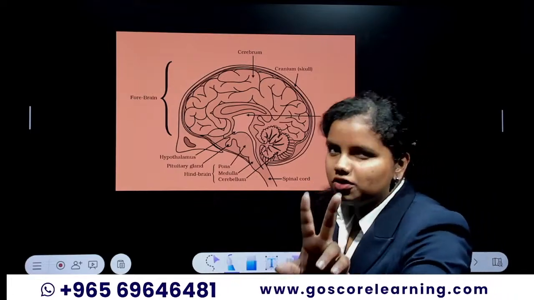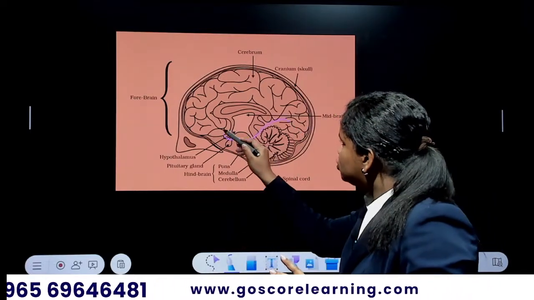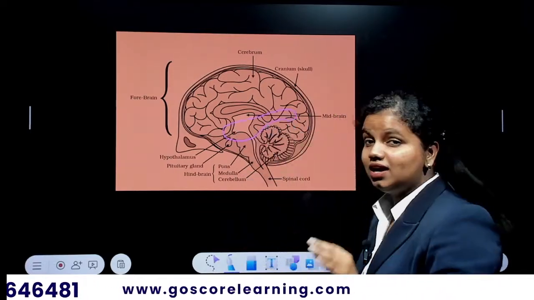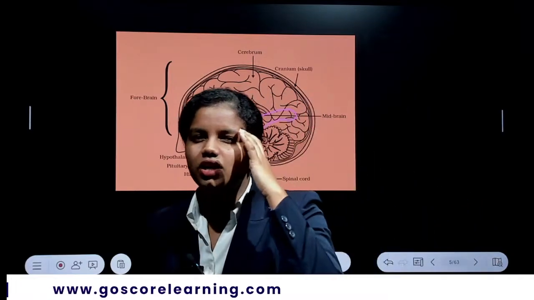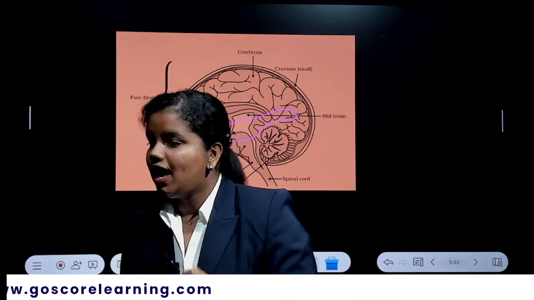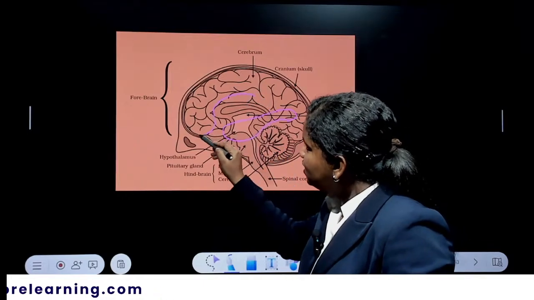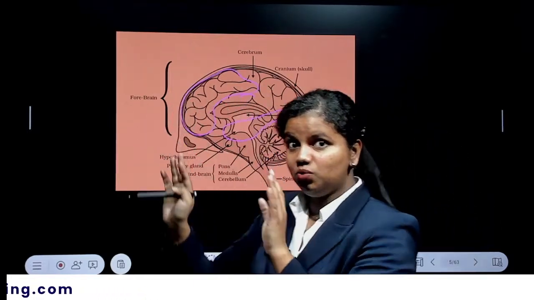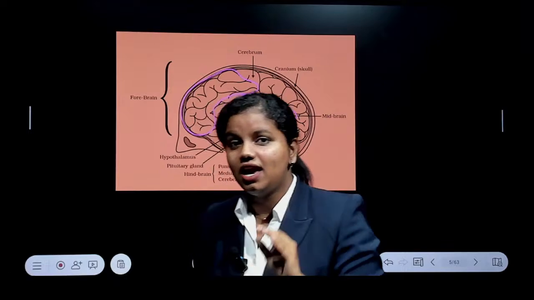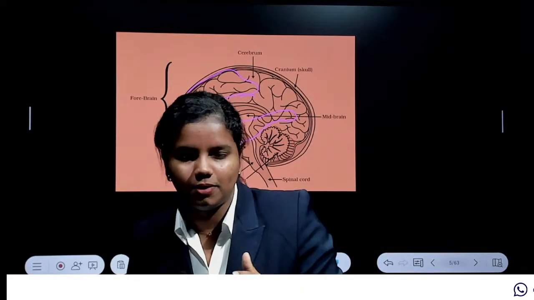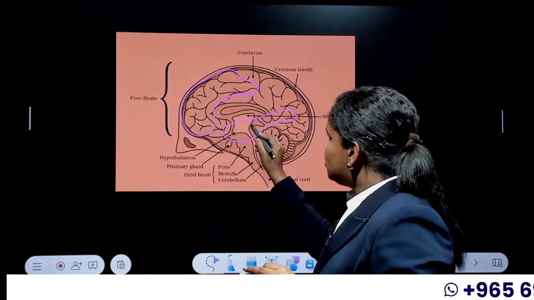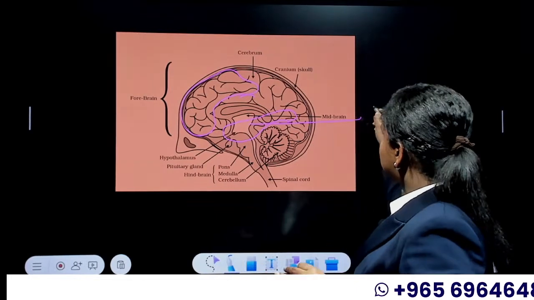We have two kinds of memory. We have a small portion of our brain here, which is called the hippocampus, which stores our short-term memories. And then there is a portion of your brain right here, which is called the neocortex, and that has your long-term memories. I hope you got it. This is your short-term memory portion.